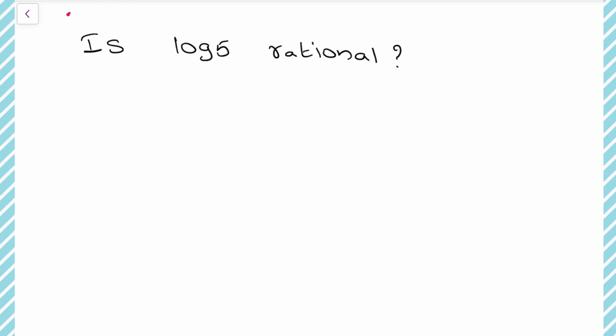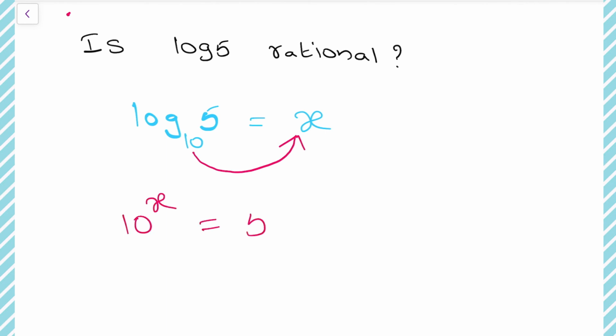Is log 5 a rational number? So now the given question is in the logarithmic form. We need to convert that first to exponential form. Let us check now. Log 5 is there. For any logarithm, if the base is not there, it means the base will always be 10. So log 5 base 10, let us assume that it equals some value x. Now this is in logarithmic form. We need to convert this to exponential form. Here the base is 10, that will go as it is as the base only. So 10^x, which equals the number 5 that is remaining. So 10^x = 5.